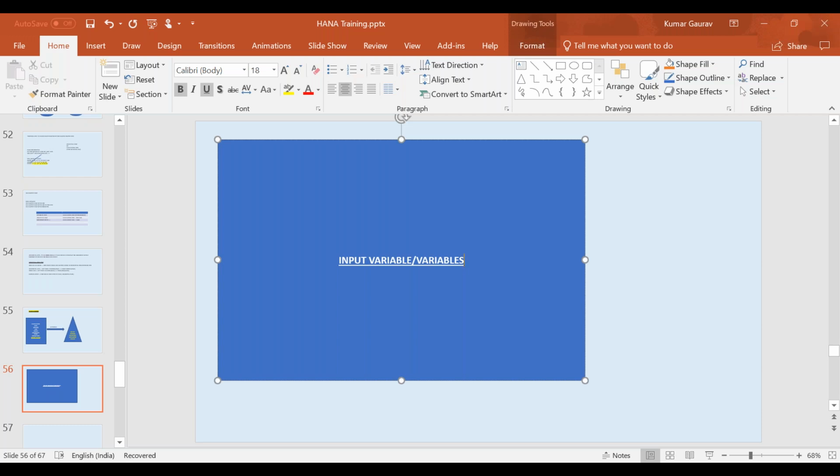Similarly, if somebody selects only 2019 as a fiscal year, then 2019 fiscal year data would only be shown to the user. So for this concept also, you have a similar kind of concept in HANA, and those concepts are called input parameters and variables.